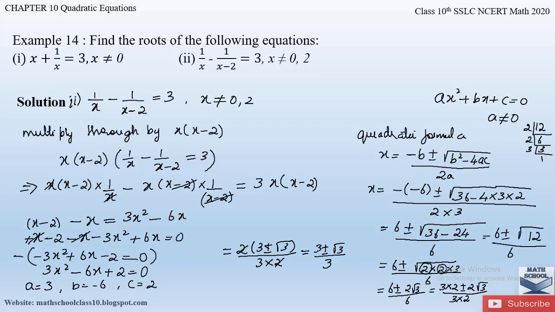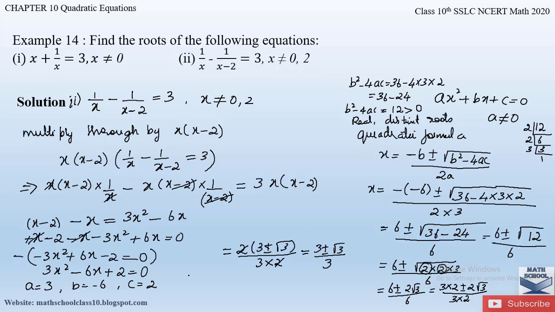So again here, let us calculate the b square minus 4ac value to know what kind of roots we will be obtaining. So b square minus 4ac is, what is b square? It is minus 6 square, so minus into minus will be plus, and 6 6s are 36, minus 4 into a is 3, and again c is 2. So that is 36 minus 4 3s are 12, 12 2s are 24. So b square minus 4ac we obtained value as 12. So since this is greater than 0, again we will obtain real and distinct roots.